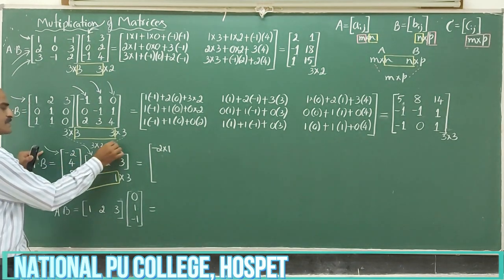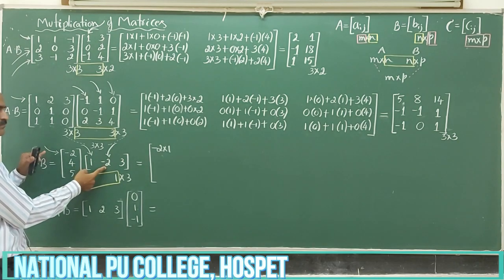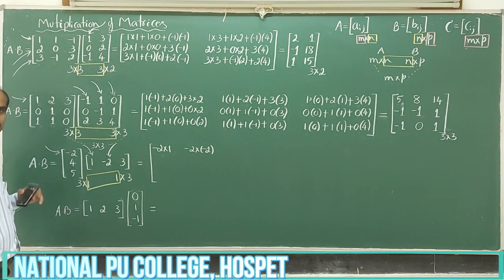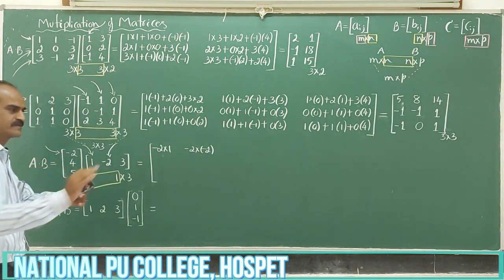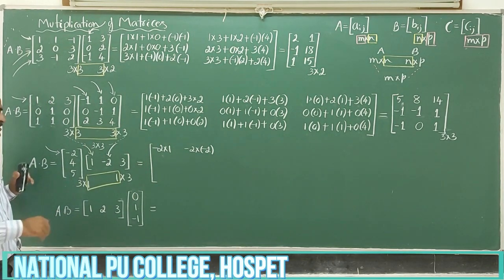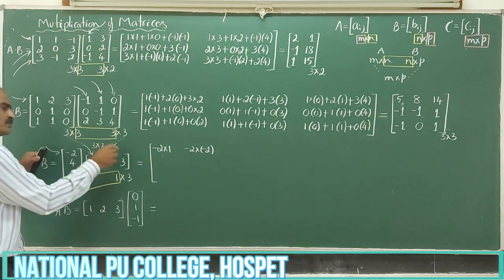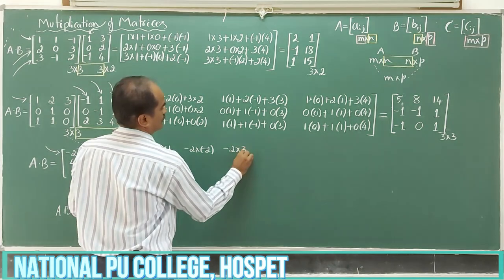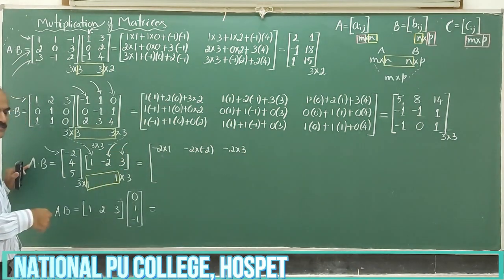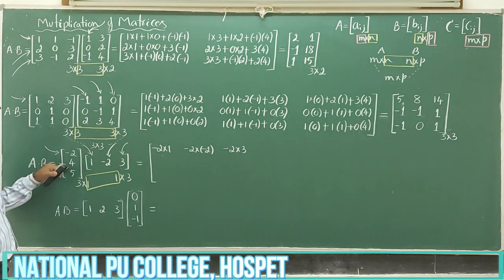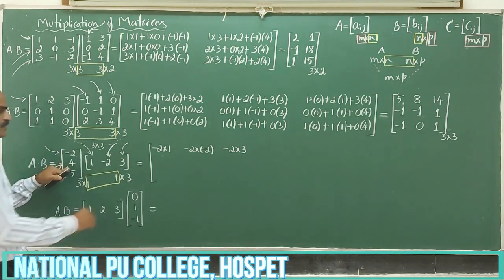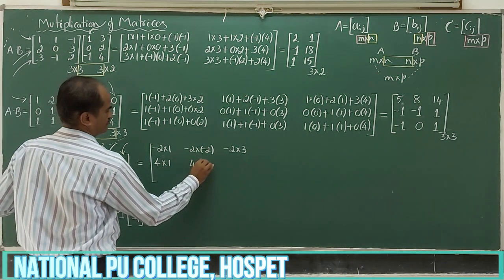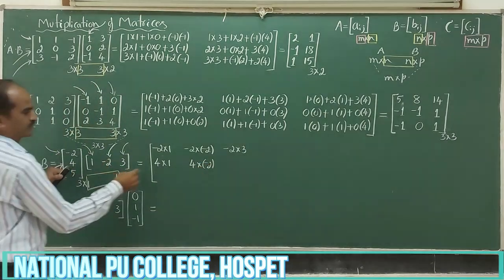Now first row, second column. Minus 2, minus 2. Only one pair. Just multiply, that product itself will give us the element in that particular position. Now first row, third column. Minus 2, 3. No more columns here. Stop doing that. Take the second row element now. It is 4. Repeat with all the 3 columns. 4 into 1, 4 into minus 2, 4 into 3.